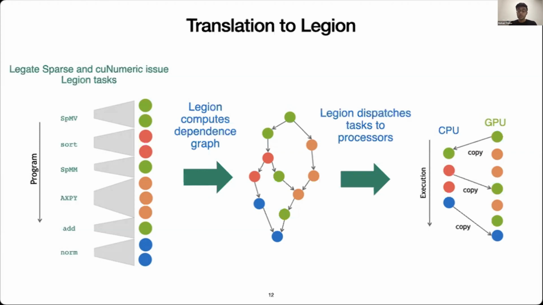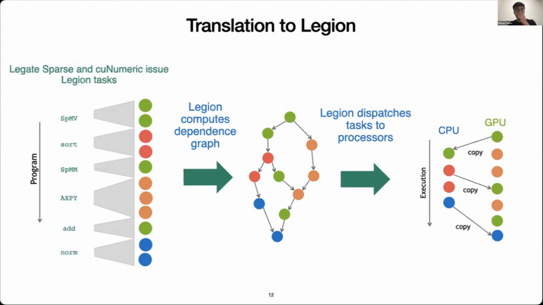And then what Legion is going to do is it's going to insert the data movement and synchronization needed to ensure correct execution based on this dependence graph that it computed. For example, if you have a task running on some GPU and it produces some data needed by a task on a different GPU, Legion will issue that copy across those GPUs